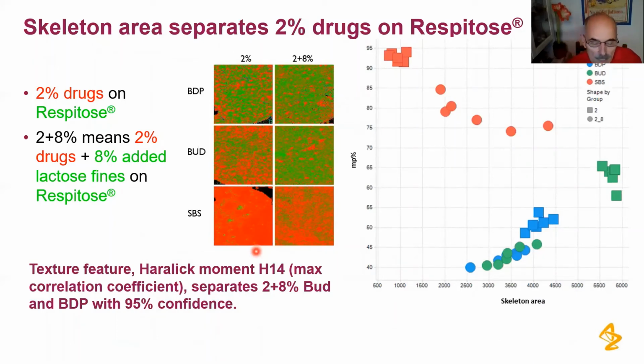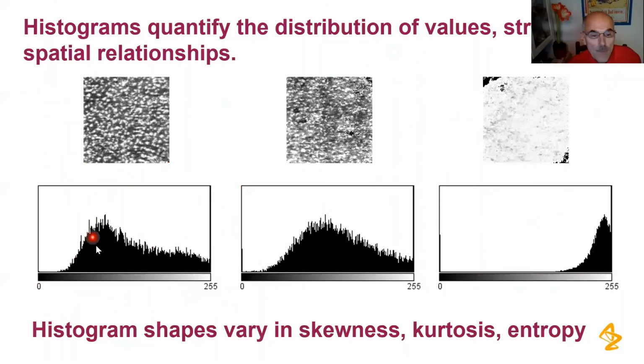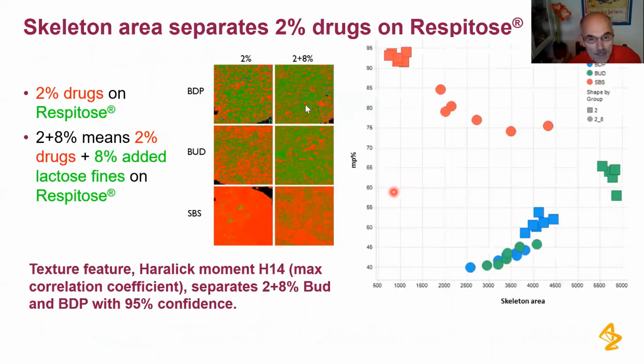Finally, let's look at a different sort of quantification of the distribution on the surface that actually retains the pixel-to-pixel information. And here we retain no such information. This is just a statistical distribution of values, not the distribution on the surface and where it actually is. If we look at 2% drugs on respirators, which look like the squares here, so that would be those squares, and those squares,